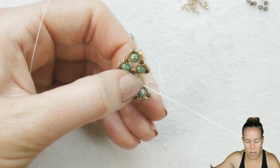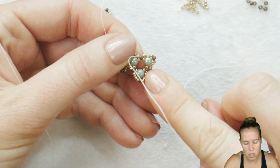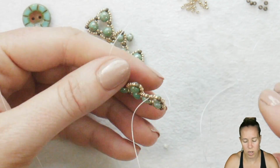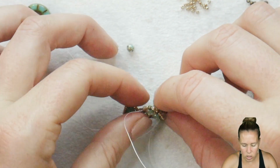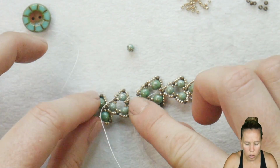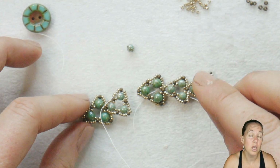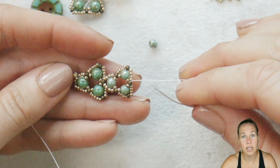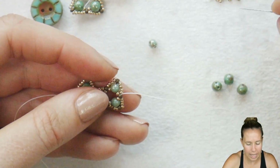I'm going to take my thread and needle the whole way back through here so I can go in and get back to this connector point, which is going to sit right on top of the last RounDuo Mini. They're always going to start as you go in and join them, and keep going and make it longer. Your triangle that you're working on is always going to sit on top of the previous triangle that you did. So then after coming out through this 11-0, after going back around and making your triangles sit nice and politely,